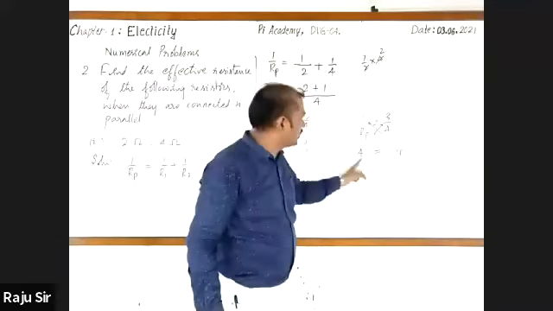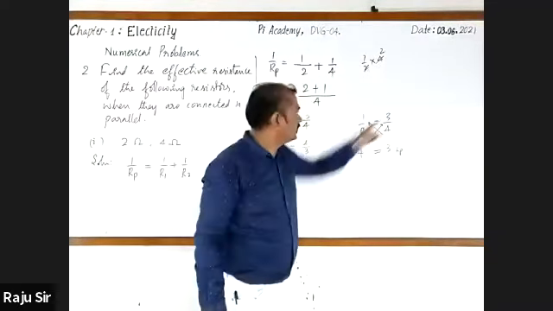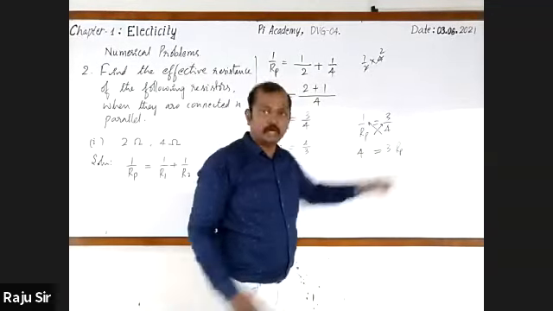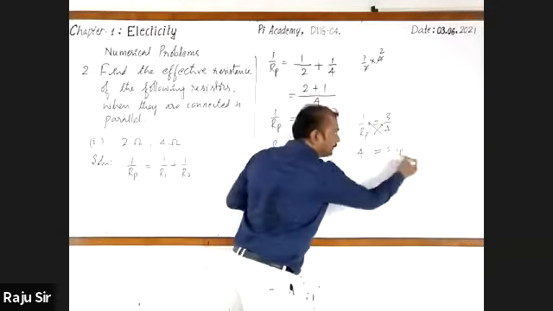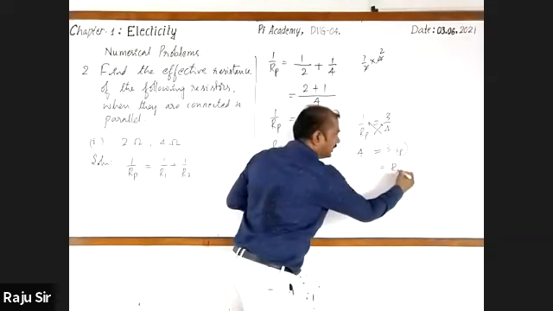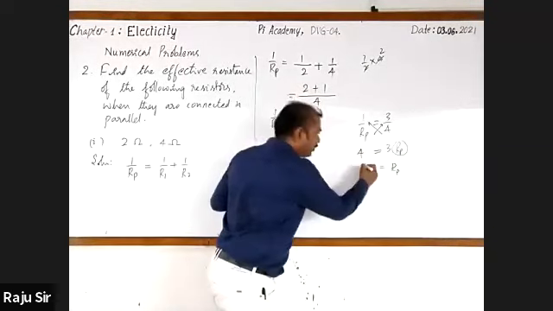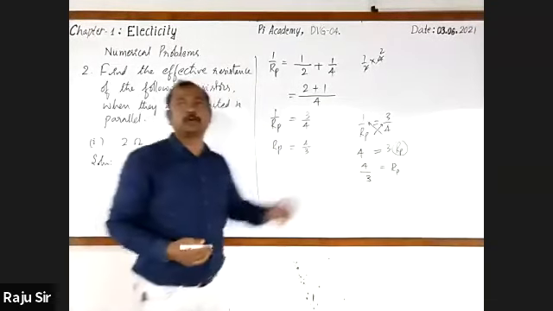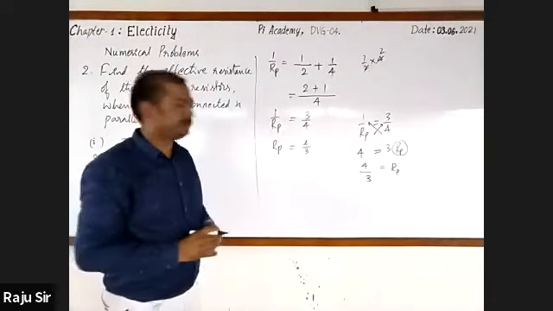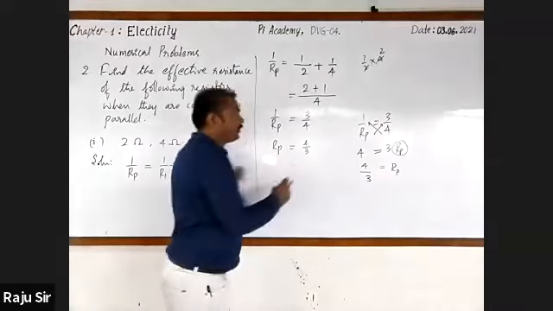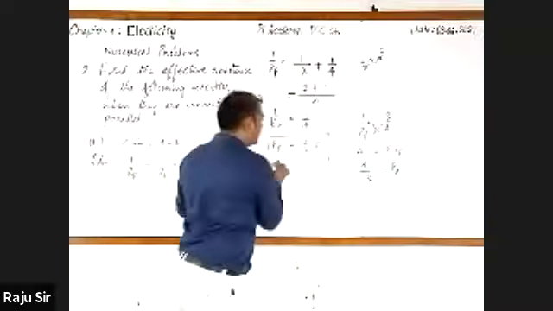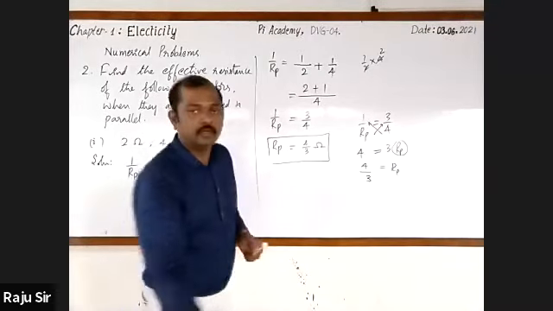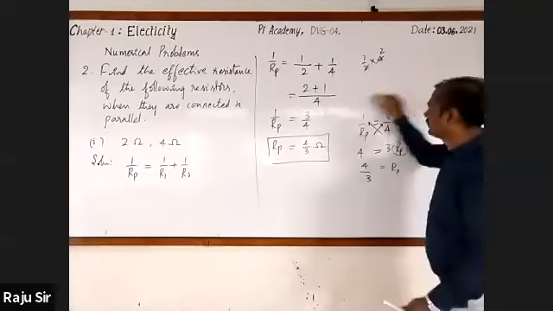Okay. On cross multiplying, we got this. 4 ones are 4, 3 into Rp, 3 Rp. Now we want only Rp. So I'll write that Rp as this. Then 4 is here. Take transpose 3 to the denominator. It is 4 by 3. Hope that you have understood. It is 4 by 3. This is effective resistance.